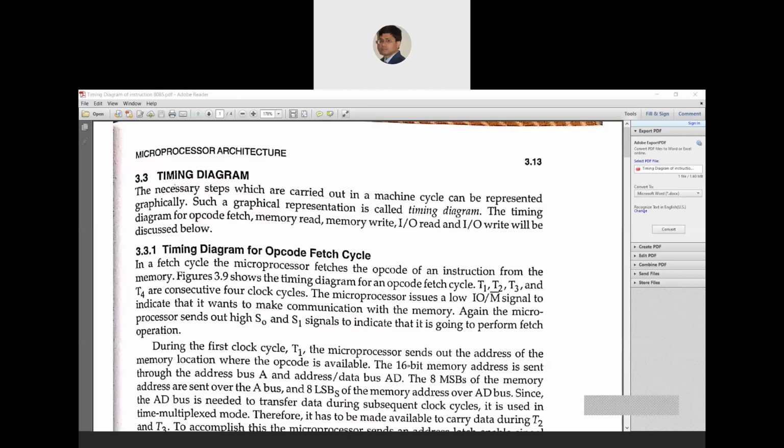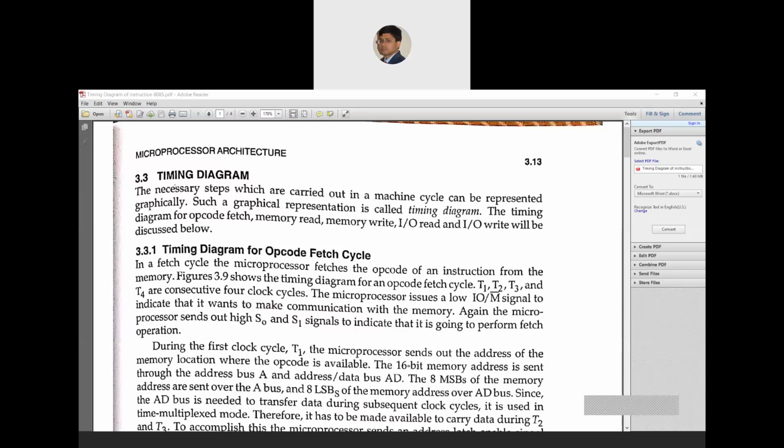Okay, and then the memory read operation has 3 T states. In case of memory write operation, there are 3 T states. In case of IO read or IO write operations, 3 T states in each and every case. And there are so many exceptions also. In some instructions like the DAD instruction, there is only one machine cycle, that is opcode fetch, but it is not limited up to 4 T states, it is up to 10 T states.